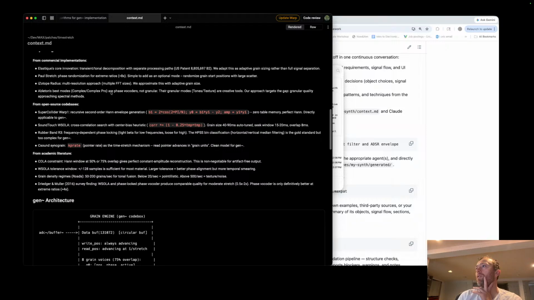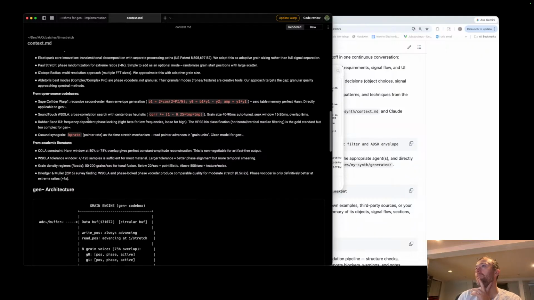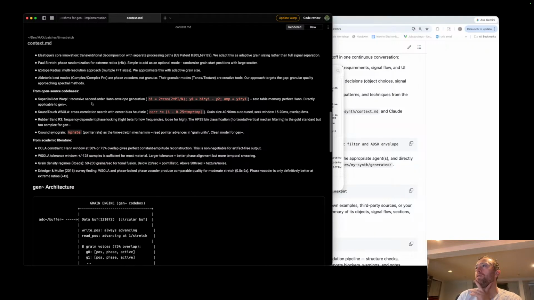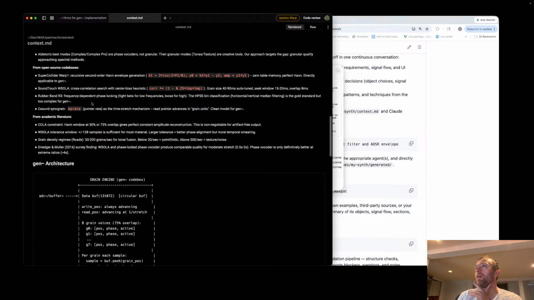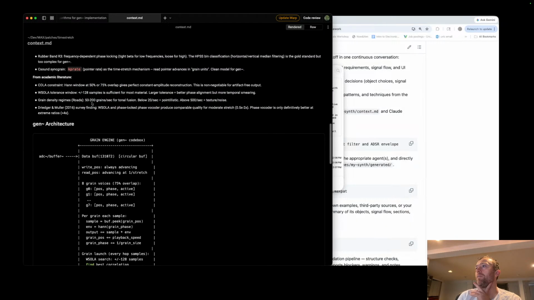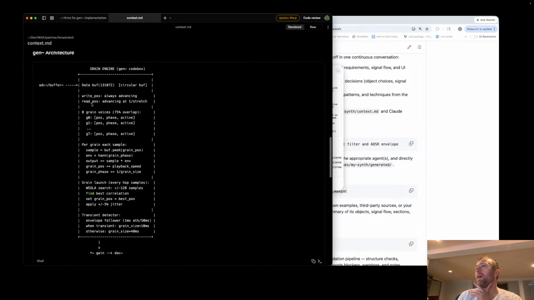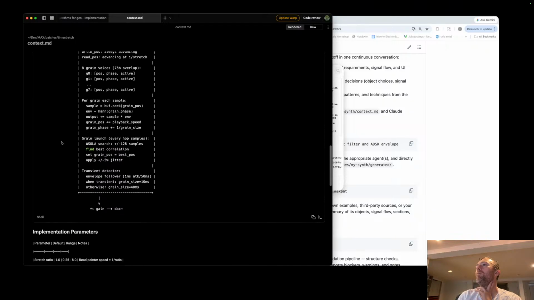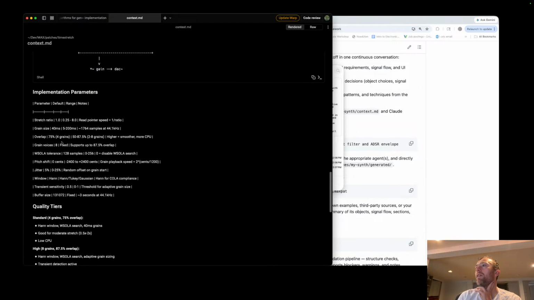Ableton's best modes are phase vocoders, not granular. The granular modes are creative tools. Okay, sure. From open source code bases, SuperCollider, WSOLA, from academic. So phase vocoder may end up being the better approach, but let's try this and see what we can come